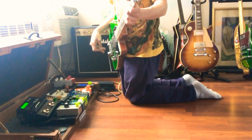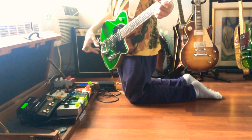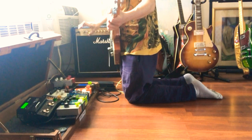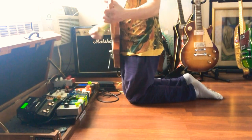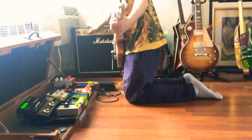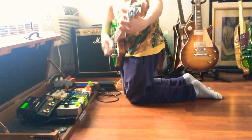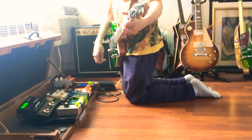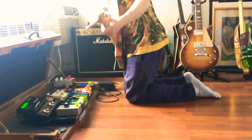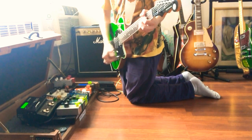The gain is going to change if you have single coils or humbuckers. A more powerful guitar is going to need less gain. A weaker guitar like a Strat or something is going to need more gain. So the gain knob needs to change sometimes. What I do is I give it a little volume, put it on like 1.5 or 1, whatever. And then I start working with my gain knob to try to find just the tiniest bit of dirt. So it sounds a little dirty, but you got to dig into it. You can't do like this. You got to...